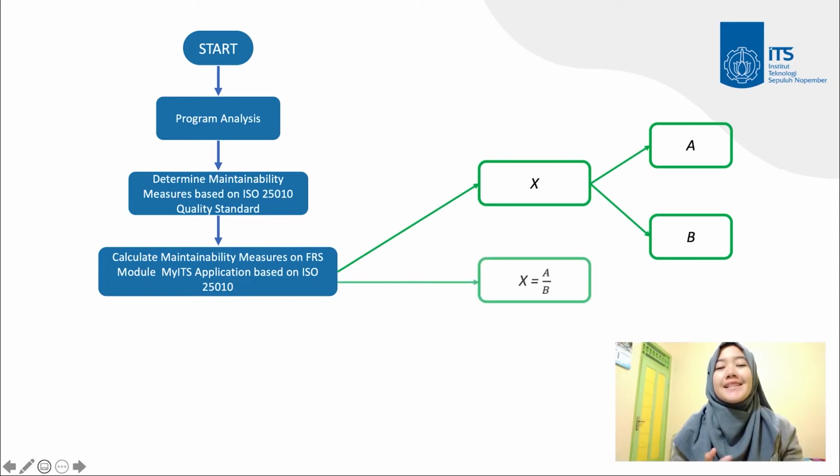This is an example of a quality test for modularity. The formula is used to calculate the component suitability coupling by dividing variable A, which represents the number of classes that do not have a class dependent on that class, by variable B, which represents the number of classes that have transactions with the database. The result of the division is expressed as variable X.